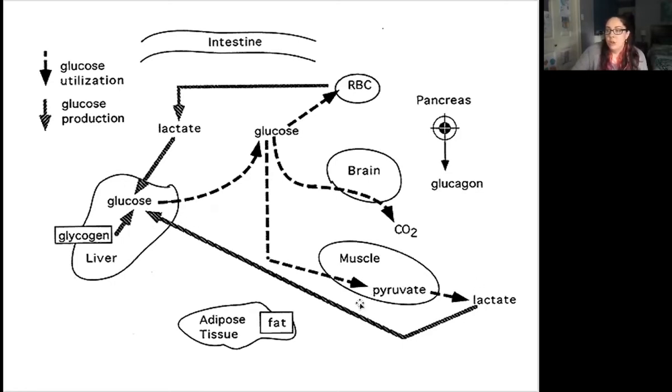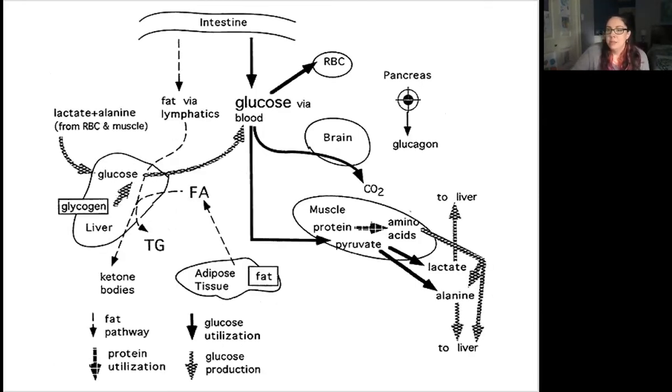This process is called gluconeogenesis, which means creating glucose from something else, making it new. And glycogenolysis means to break down glycogen. So both of those things are going to happen to increase your glucose levels so that you can feed these needy cells. The other thing that can happen, hold on, let's go back, because this one doesn't show it, is